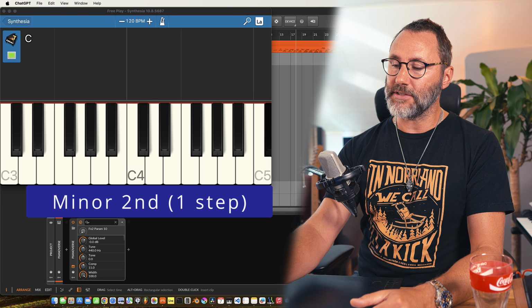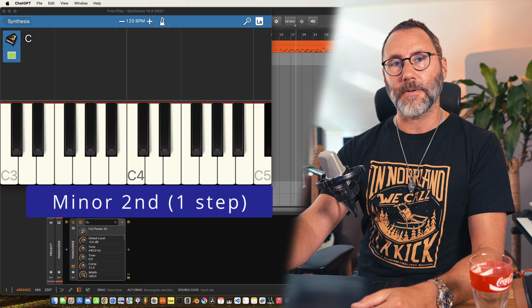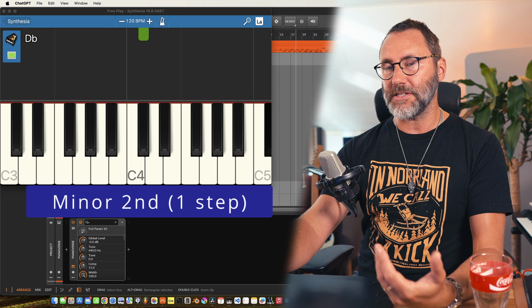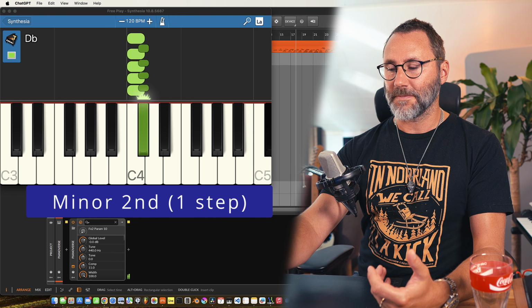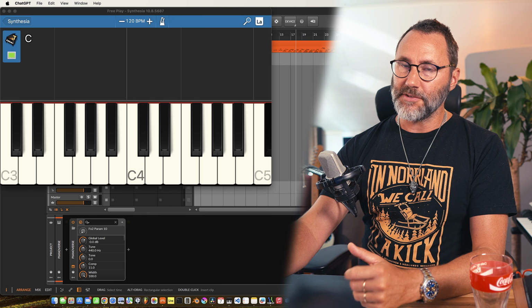note. So if we play a C4, our minor second is going to be the C sharp. Do you recognize that interval? Yeah, so that's Jaws. And it's very good to get some kind of connection with some kind of song or theme with these different intervals. That way it will be easier to recognize the interval because you can connect it with that theme. So we have Jaws for the minor second.